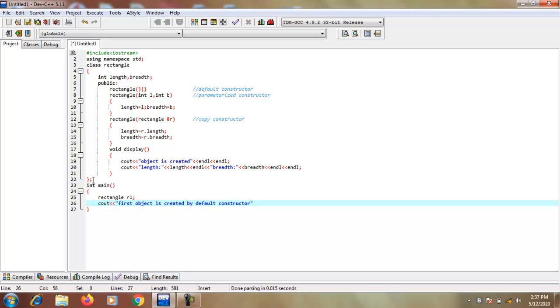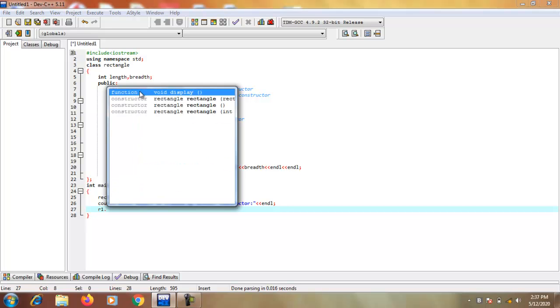Simply this text is displayed on the output screen. Then display the first object.